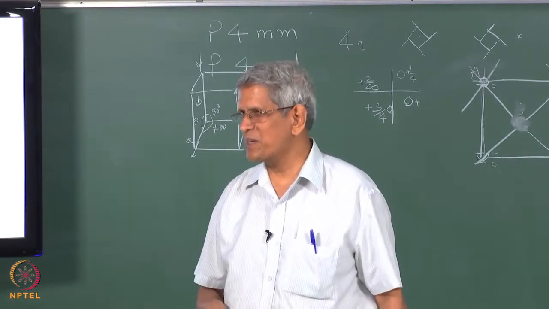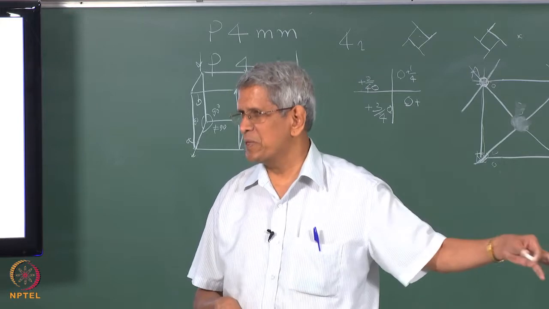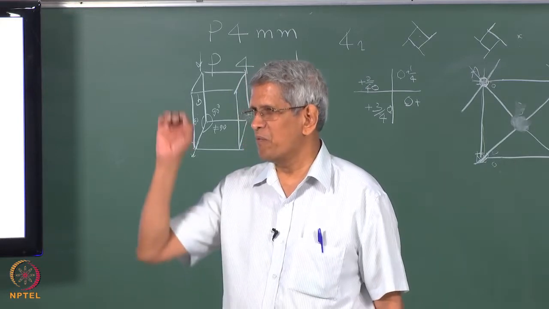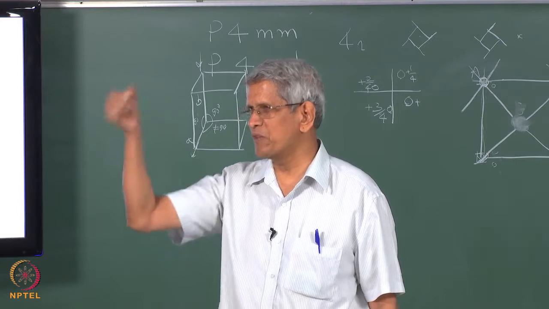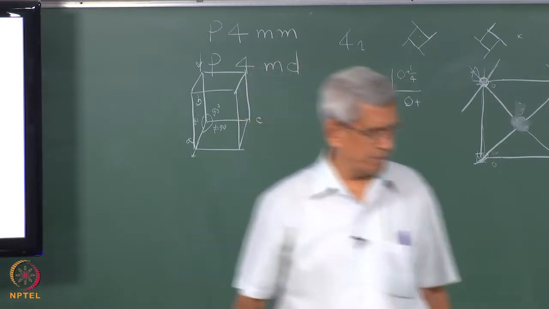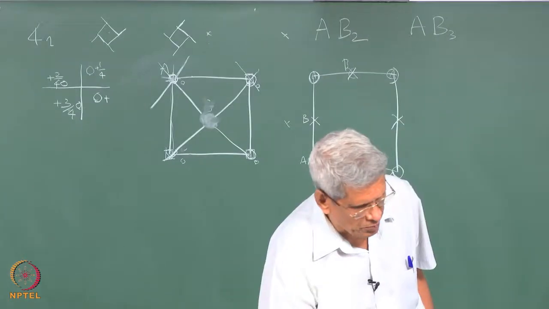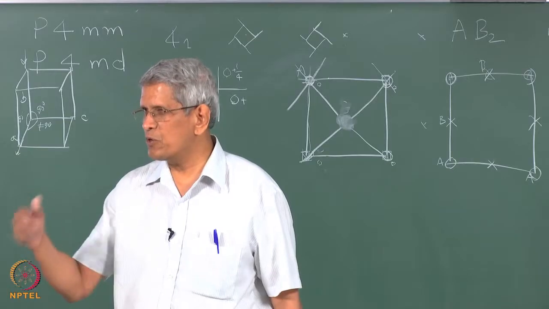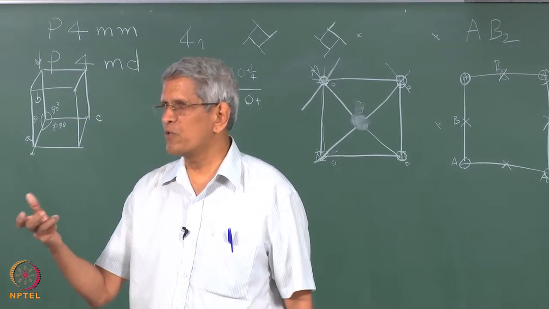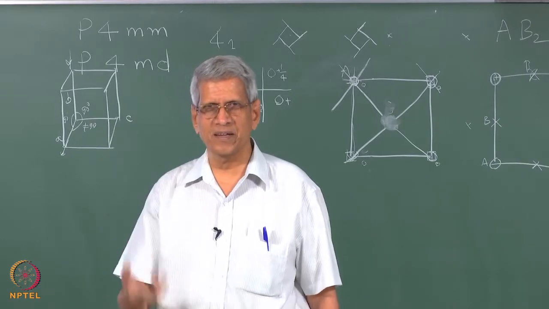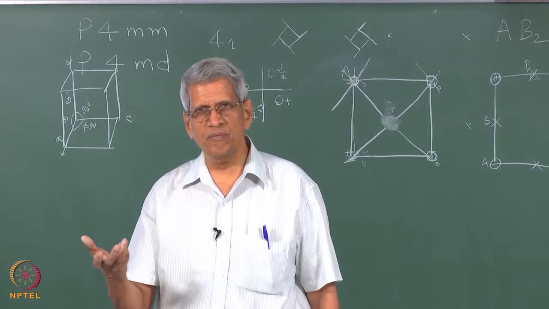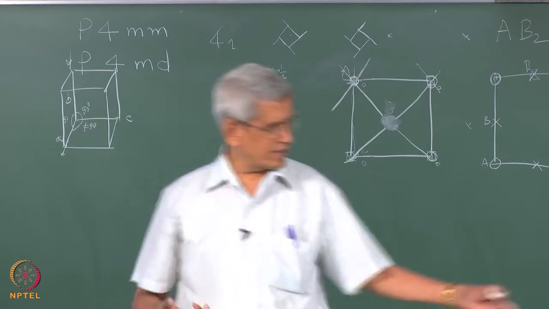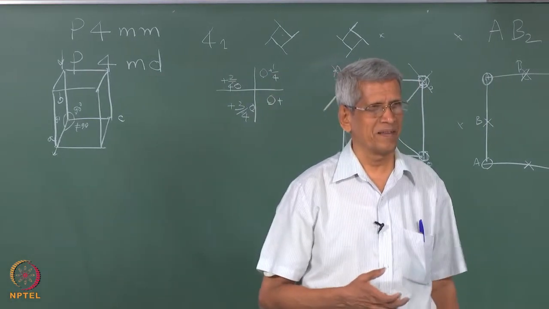That also has a symmetry associated with it. I will come back to the crystal structure and how it is done, then you will understand that these symmetry elements essentially represent the next available position which an atom can occupy. Once this position has been occupied, the next available position which has the lowest symmetry is the other one. That is where that atom will go. If that is filled, when we have to put the third atom into it, it will look for the next available position from the symmetry consideration which is free. That is the only position it can occupy. That is exactly what this table also represents.